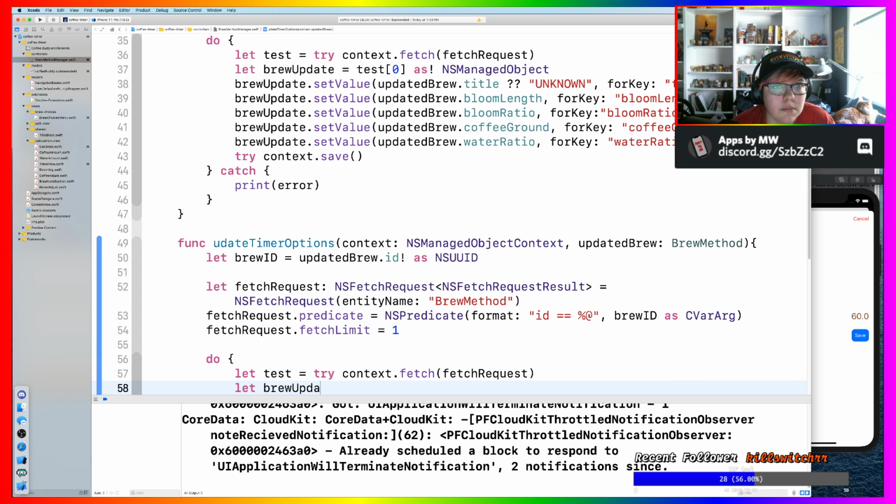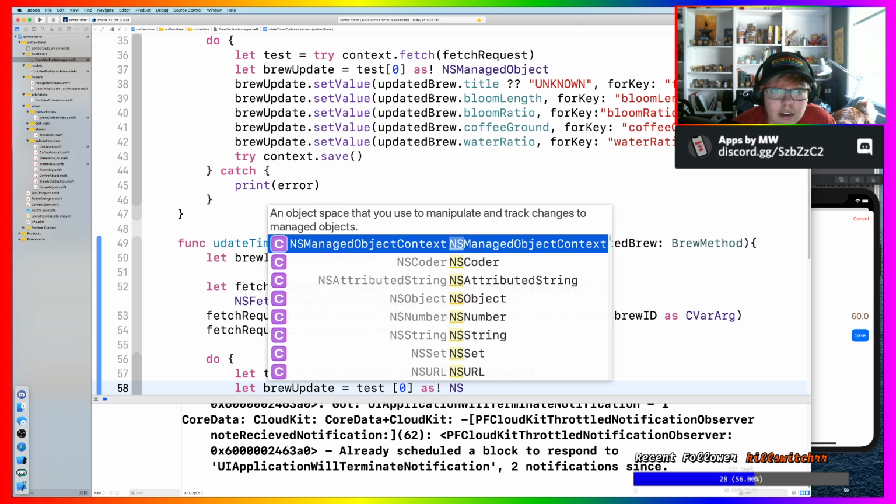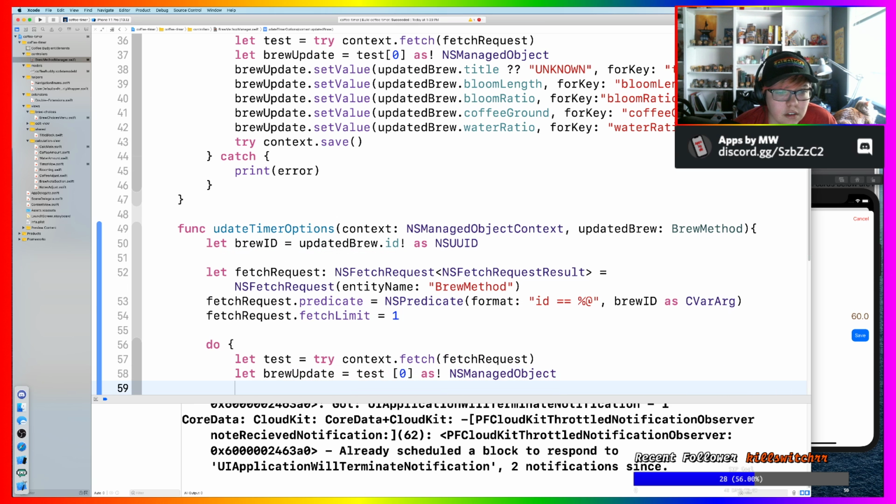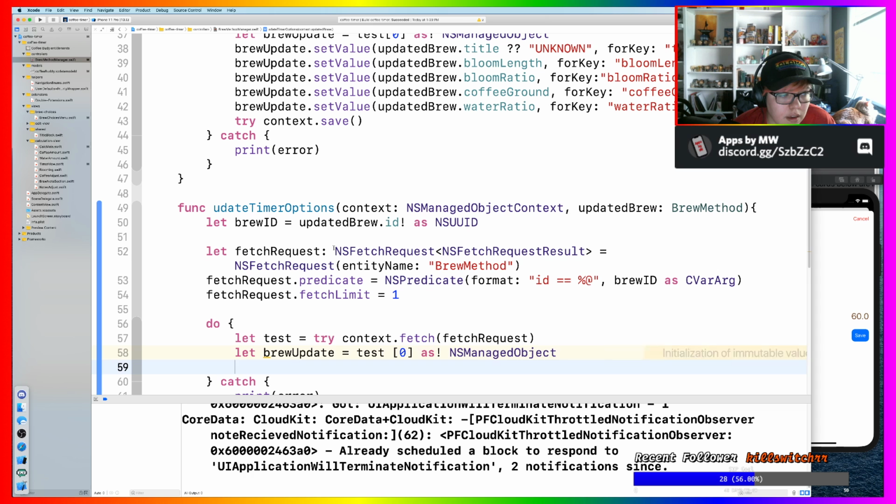Let brew update equals test at 0 as! NSManagedObject. Cool. So now we,